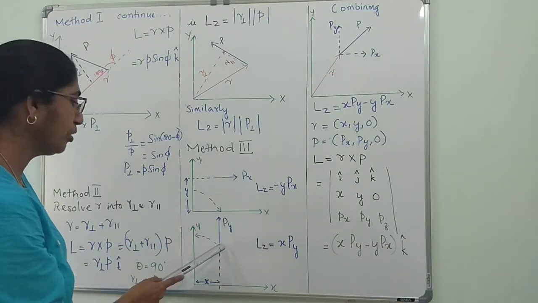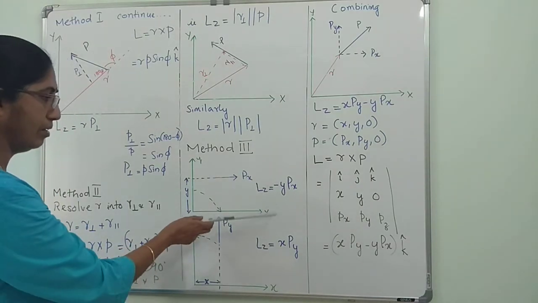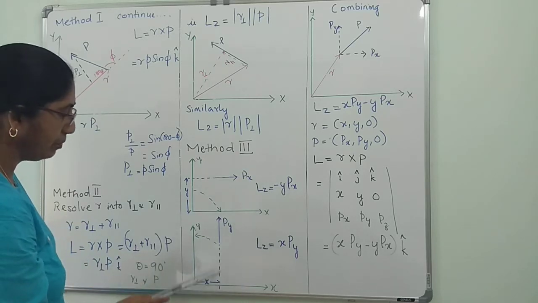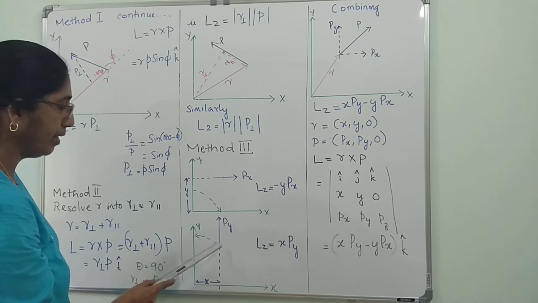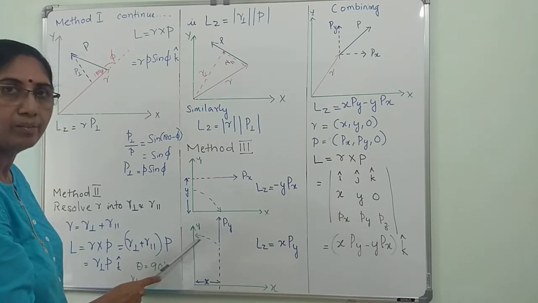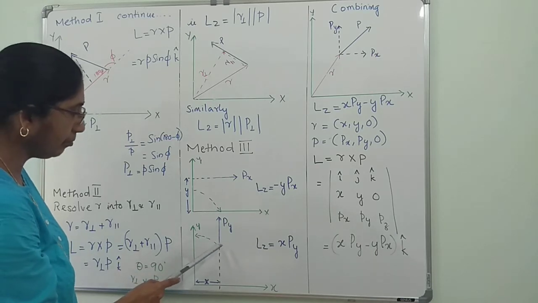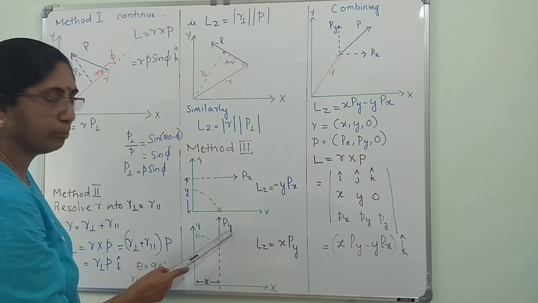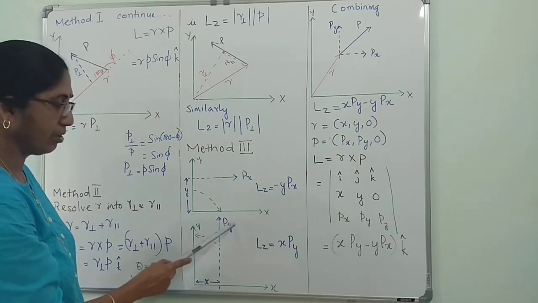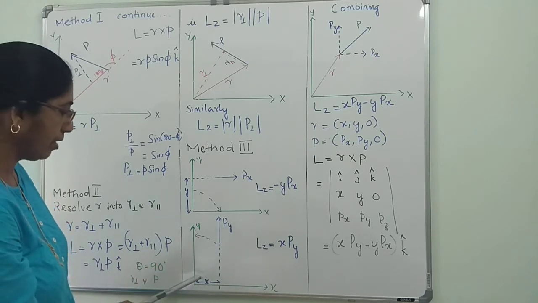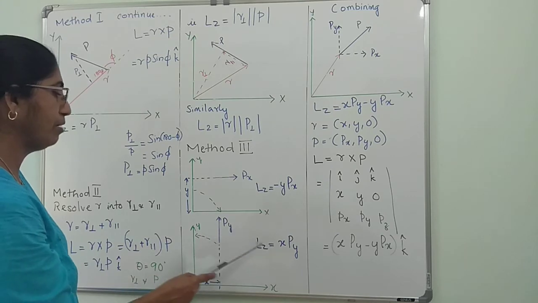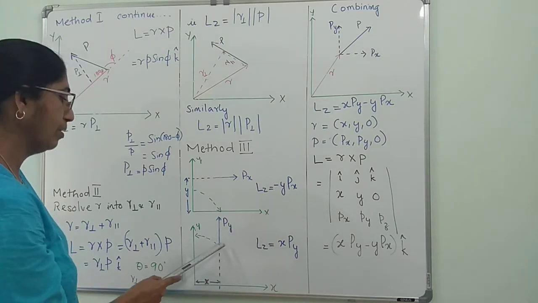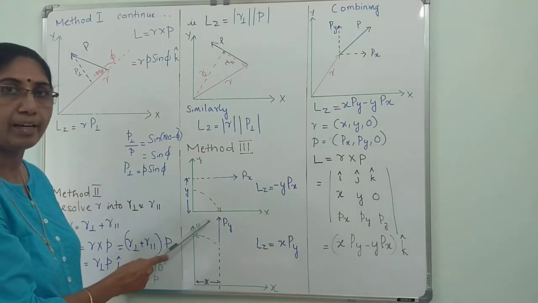Now let us consider the motion along the y direction. Separately we are considering. We are just imagining the particle is moving from this point along the y direction. Again, the position vector you look at here, both x and y components are there. The y component is parallel to py, so it will not contribute in the cross product. So you have to take the x component. X component is x. So x into py will be the angular momentum for motion in the y direction.